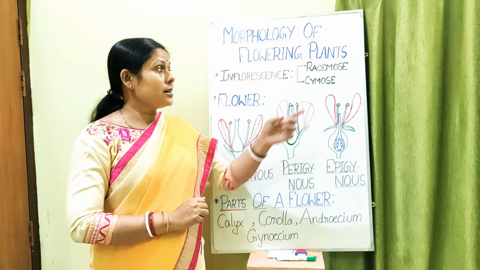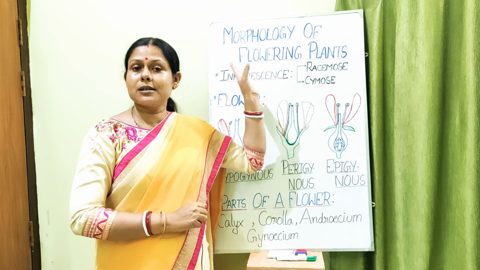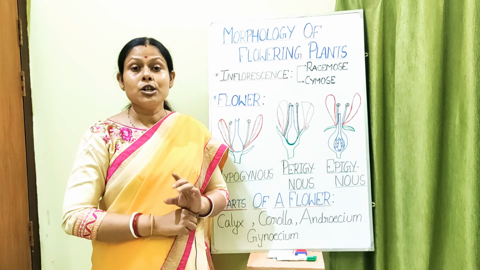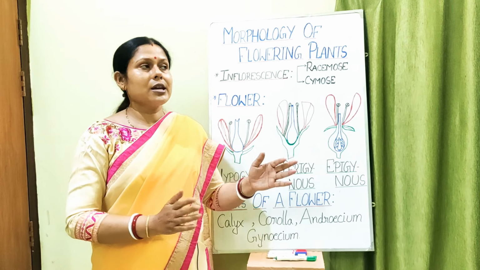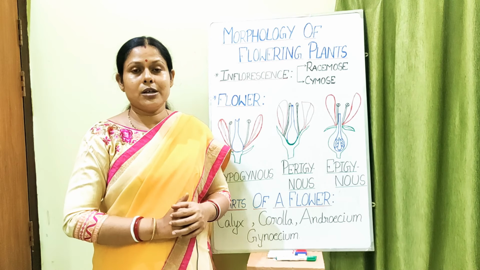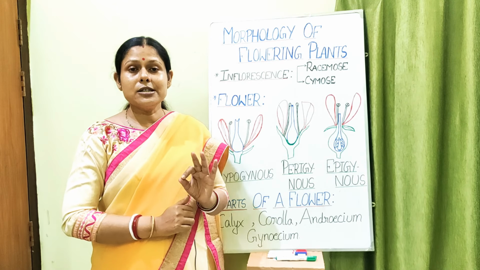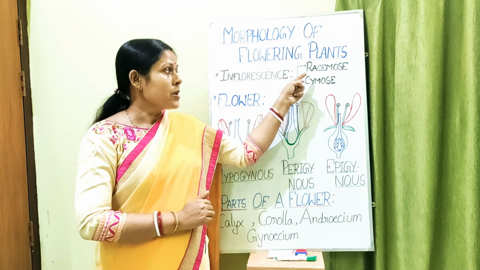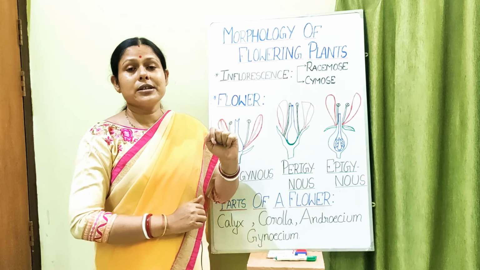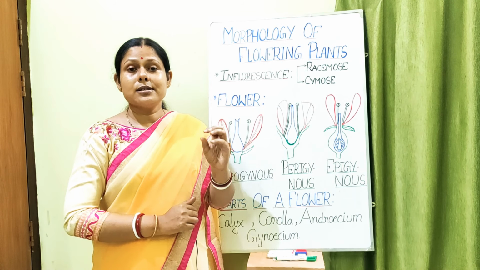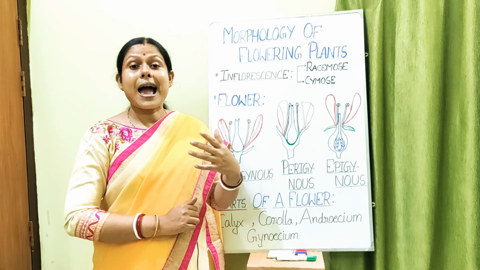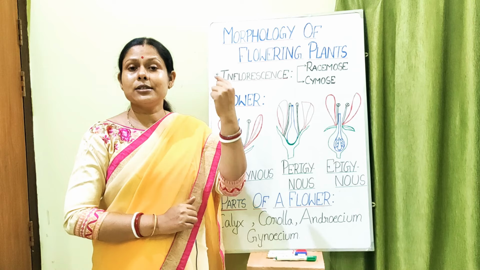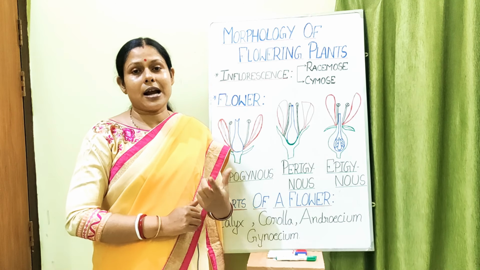There are types of racemose inflorescence and types of cymose inflorescence, but they are not discussed in your NCERT, so we are not going into the classification of racemose and cymose inflorescence. Our intention is to study what is racemose inflorescence and what is cymose inflorescence. One more thing, in racemose inflorescence, the arrangement of flowers is in acropetal succession. Acropetal succession means the most immature flower at the top and the most mature flower at the bottom.